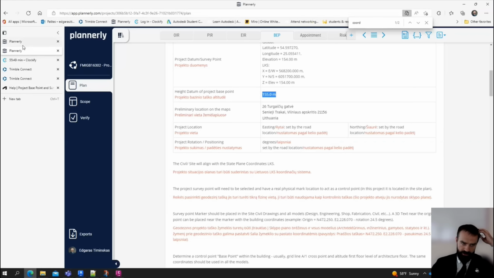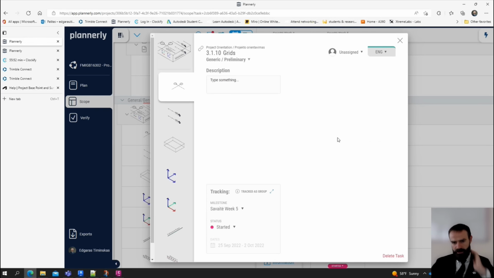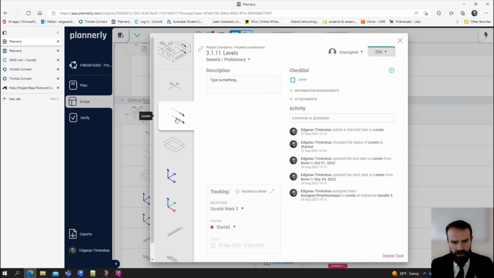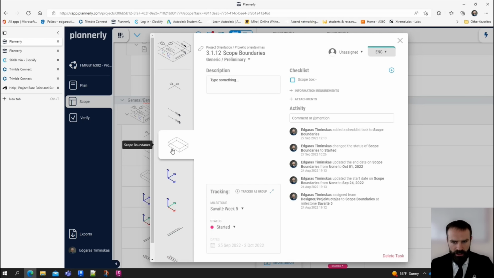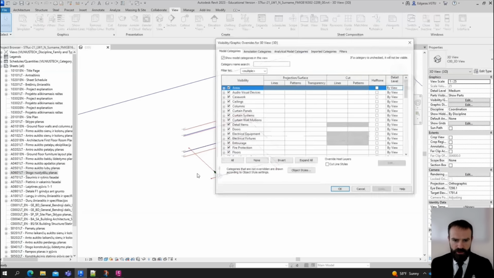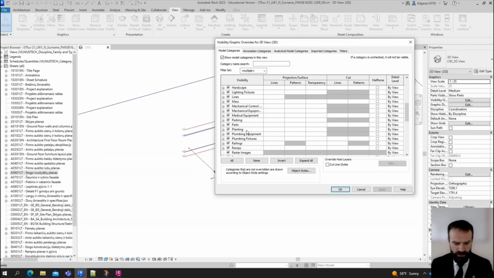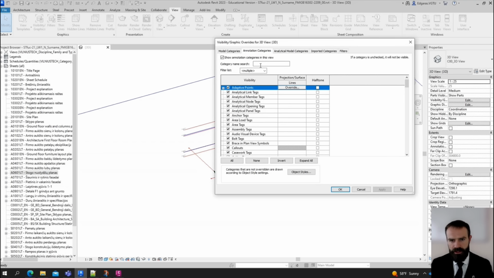So now if we jump back to the plenary, I gave you additional details regarding grid lines, grids, and the standards which you should follow for grid lines. I explained how to name the levels and which types of levels you should choose for which purpose. And I spoke a little bit about scope box and boundaries. So if I go back to the scope box, I can type a simple V, double tap, and it jumps to Visibility Graphics. And if I go to Scope Box here,